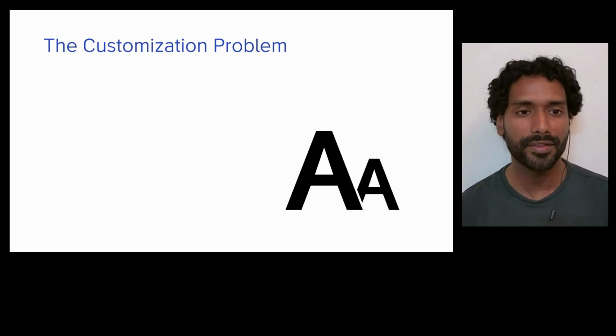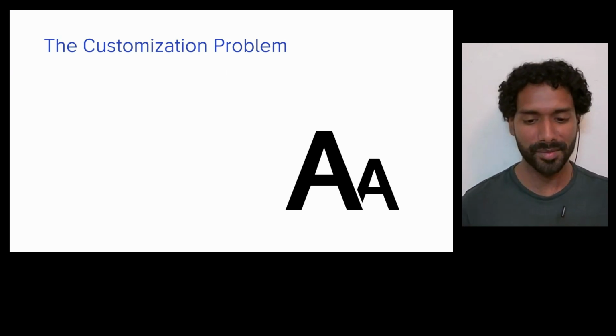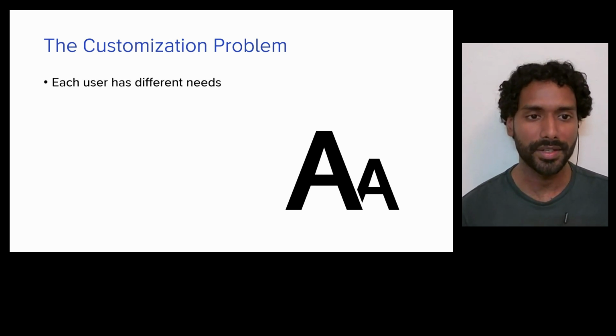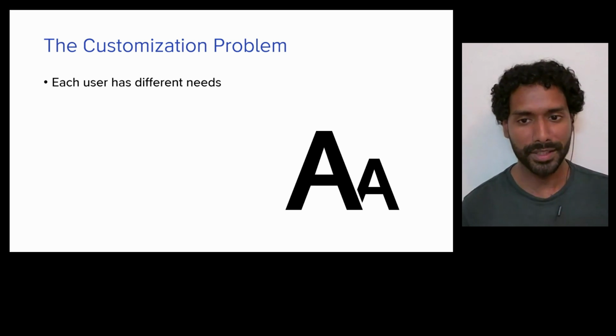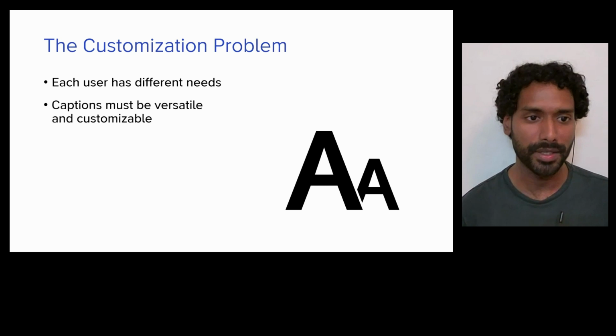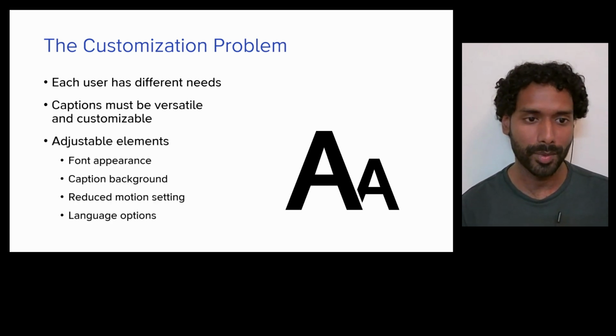Now, that was the problem of the development of captions. Now, let's take a look at a different problem. That's the problem of customization. We saw that different positioning methods work differently for different apps, but we also have to think that each user has different needs when it comes to captions. The font size, for example, and how a caption appears doesn't necessarily have to be the same for everybody.